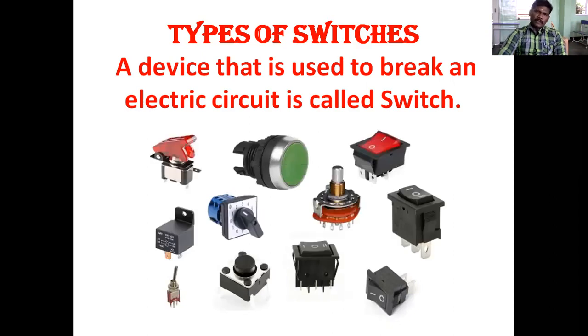Now I display several types of switches. Some of the switches are push type, some are button type, and some are rotation type. And some of the switches, see this one, at the midpoint have values that vary from 0 to 11. So that is a variable switch. If you connect a bulb to that particular switch and change the value, that means if you increase the value, the bulb will glow very bright if you set the value very high.